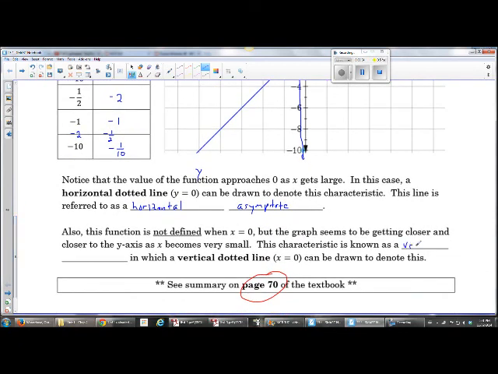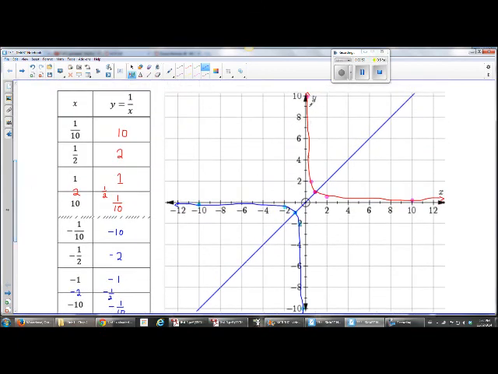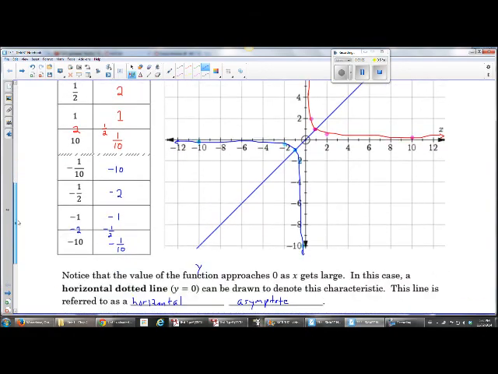Now, the thing about vertical and horizontal asymptotes is that they're actually not part of the graph itself. These are just lines that the graph approaches but never touches. They form the shape of the graph, but they're not actually part of it. The graph of 1 over x is made up of these two arms here. Now, if we were to take a look at the summary on page 70 of the textbook,